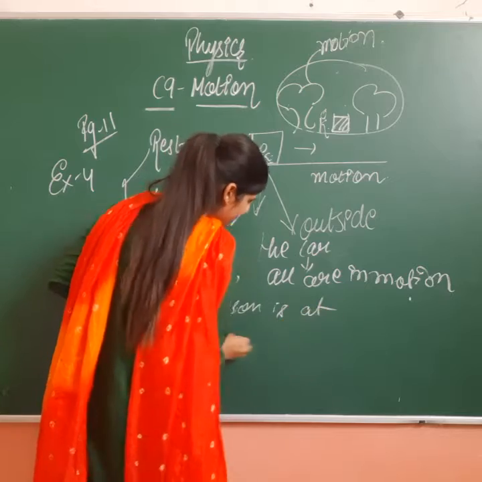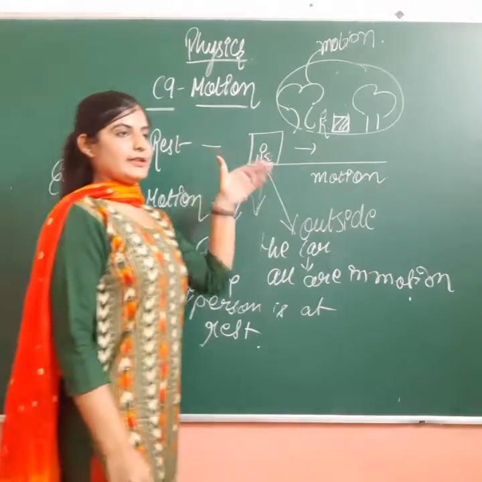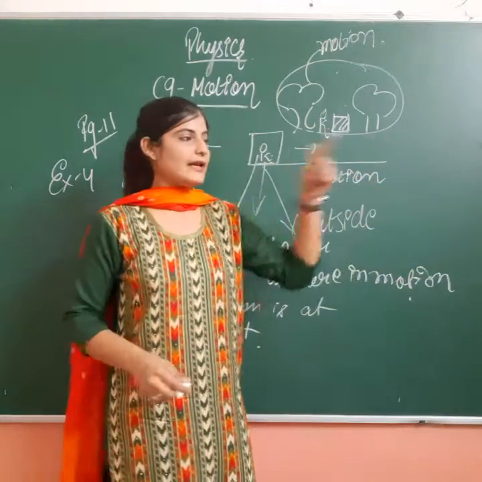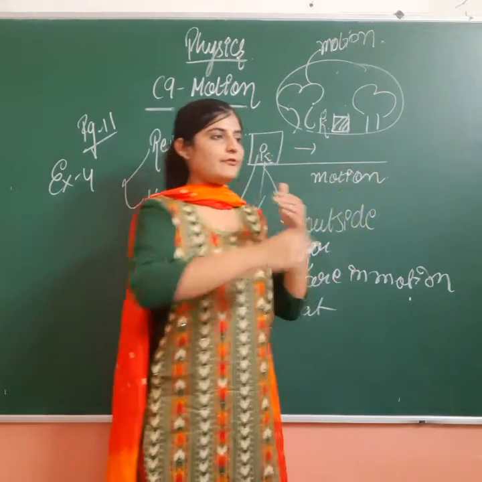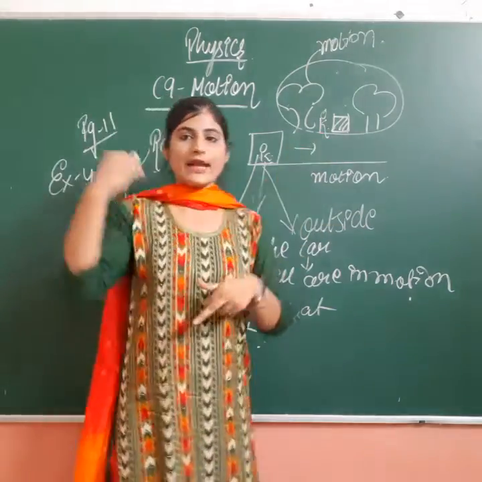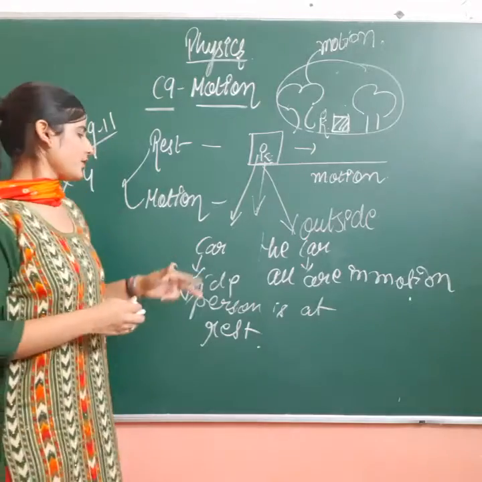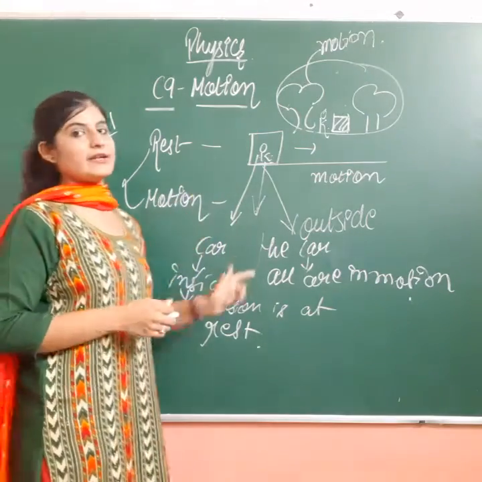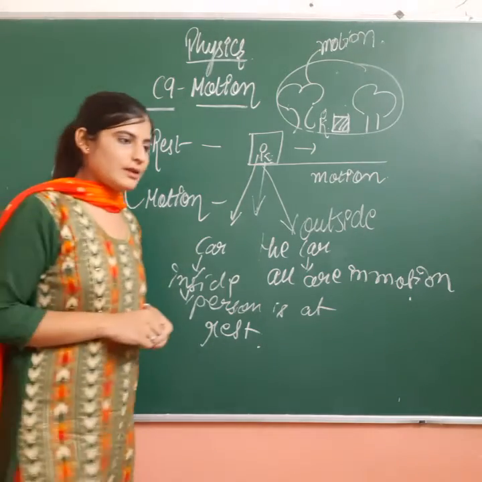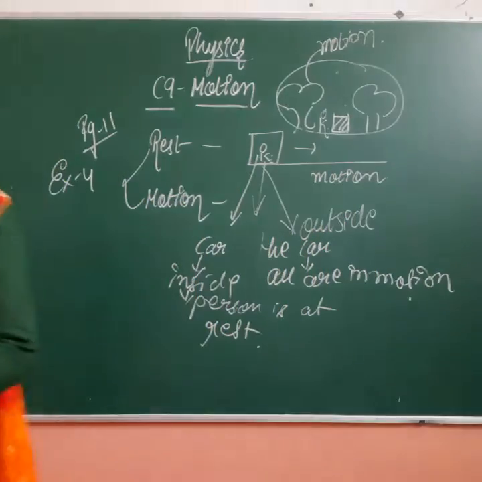Person is at rest. कैसे? अगर आप कार के अंदर बैठे हो तो आपको कार के बाहर की चीजें move करते हुए दिखाई देंगी बहुत तेजी से. You can see that with time interval you can watch that everything is moving fast, fast, fast. But if we talk about the people who are standing outside, they can find out that the car is moving but the person inside is at rest. So these two terms, motion and rest, are relative in this example. Okay, so you can note down this example by framing it in your own words in your registers. Okay, just write down this part quickly.